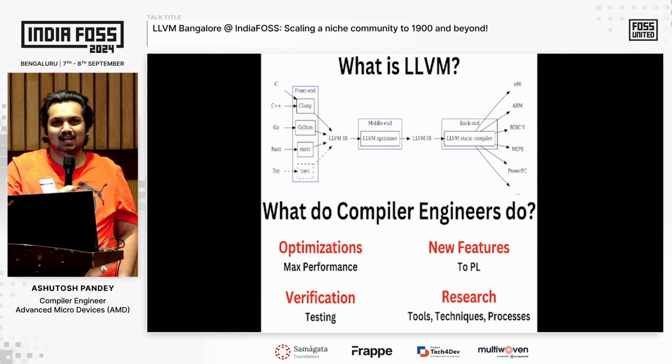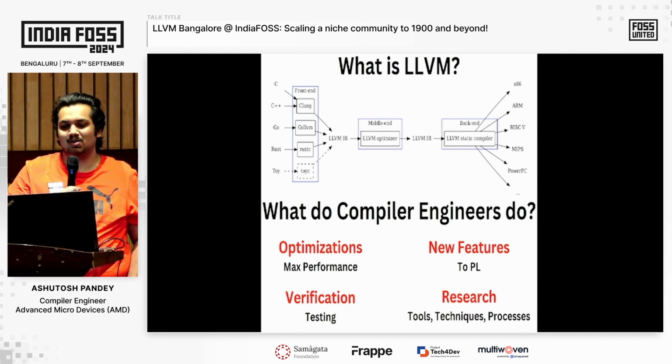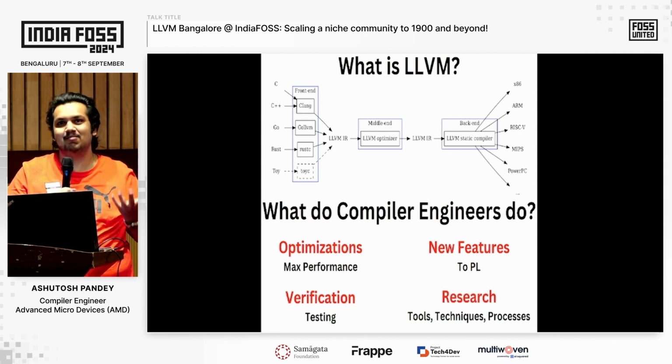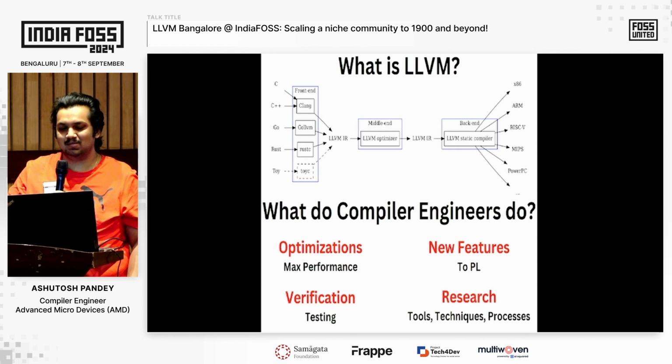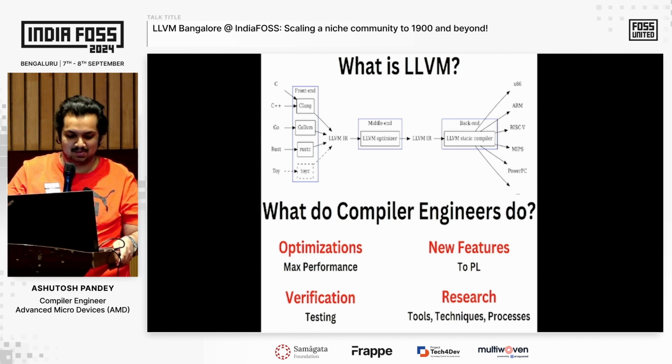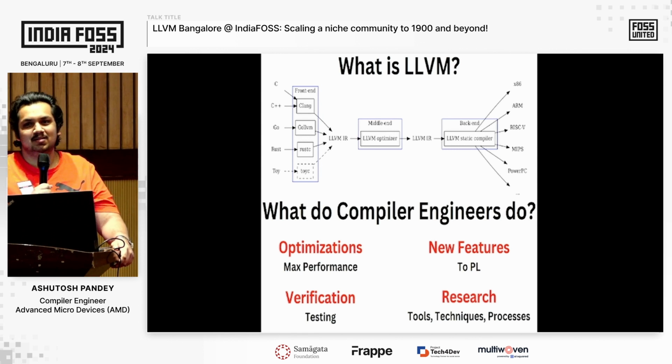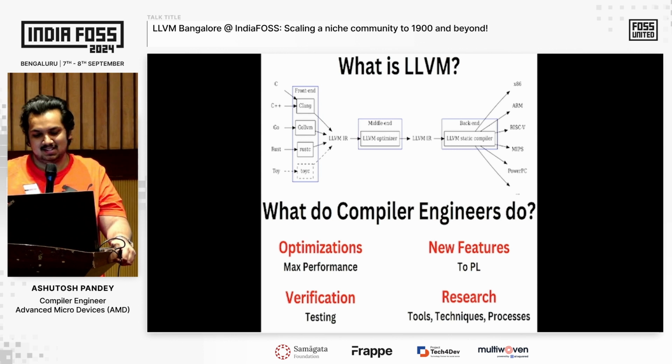So LLVM has a common middle end optimizer. All you need to do is target LLVM. You write the front end of your language, and instead of the compiler emitting assembly as it normally would, it emits LLVM, and then LLVM takes over from there. It supports C, C++, Go, Rust. It's one of the most common compiler infrastructures in the world today. If I had to put it in simple terms, if a web equivalent were to be taken, LLVM is like the entire MERN stack rather than just being one thing. You can use LLVM to create debuggers, linters, code formatters, and a lot of other things.